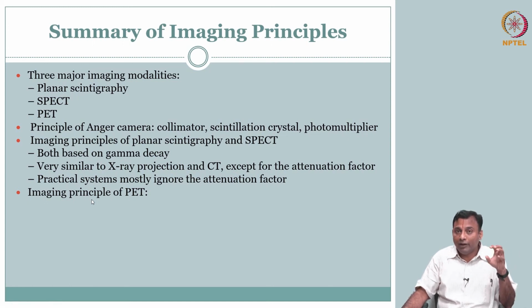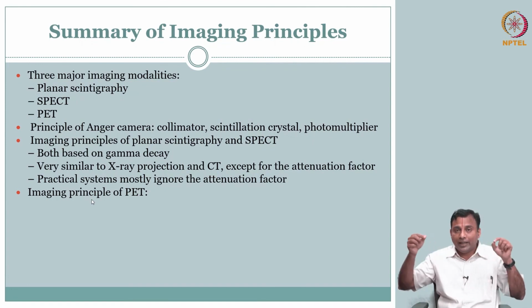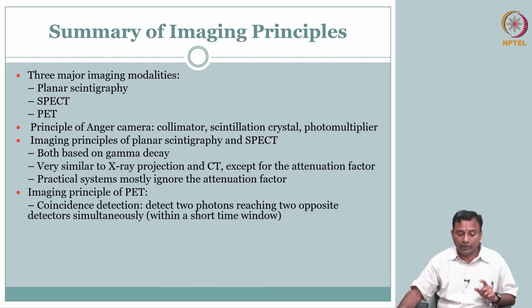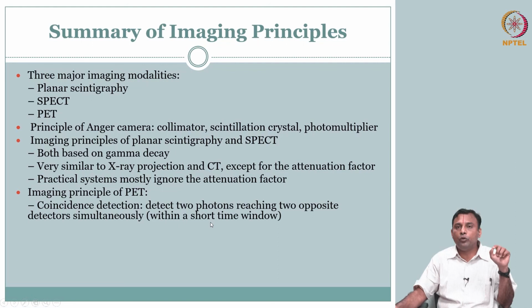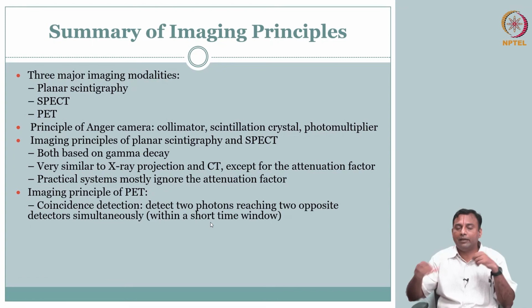Likewise in PET, the important principle of PET is that here also you have gamma, but then you have a positron. It says positron emission tomography, but you are not catching the positron directly. This positron annihilates and gives a gamma at 511 kilo electron volt. So, you are catching the gamma ray at 511 kilo electron volt. When I say catching, you are catching 2 of them which are coincident. That is an important aspect that is different here, coincident detection. So, you have a threshold to say what is simultaneous, and that will allow you to differentiate the activity that you think is legitimately from the decay along the line connecting the detectors, or is it some random photon.